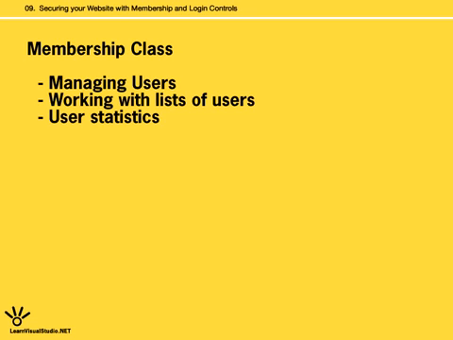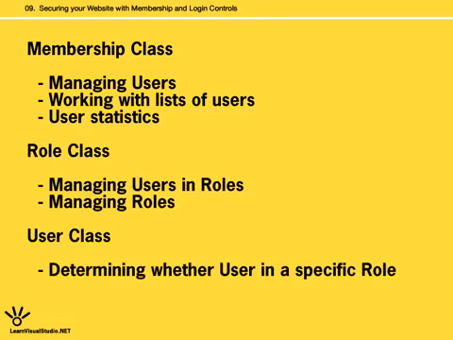You've seen this a little bit already is the role class, which we use to check whether a user is a member of a given role. However, it's also great if you want to programmatically add users or remove them, and even more. And then finally is the user class, which we use to